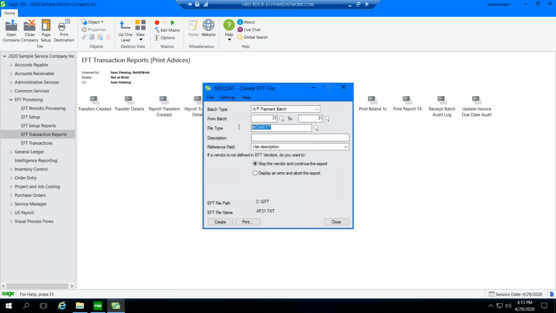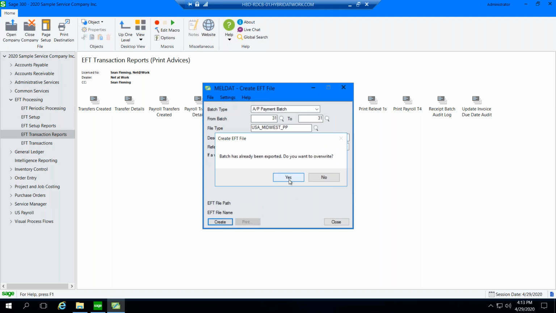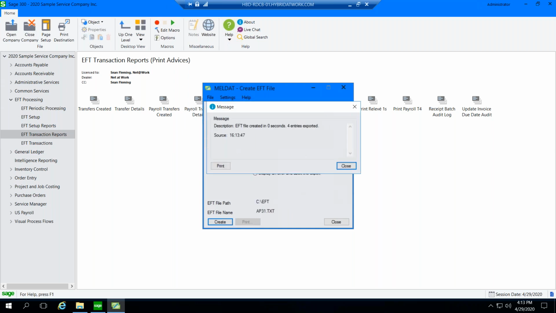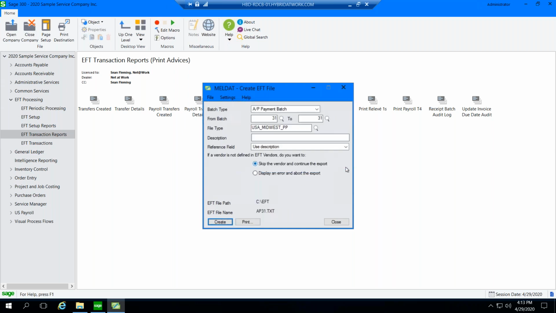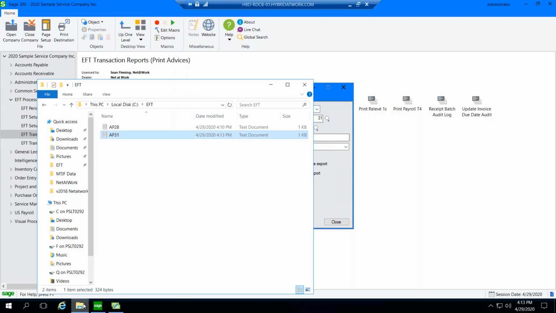But the next thing you do is you put in your code for your Positive Pay format. And then we create that. It's telling me it's already been done. And then when we look at this one,